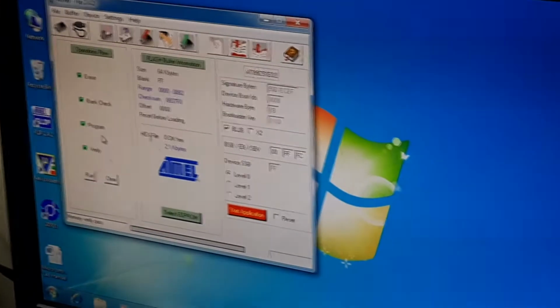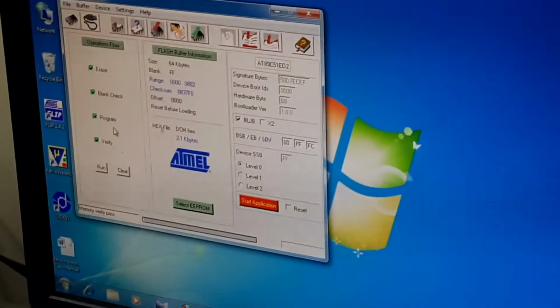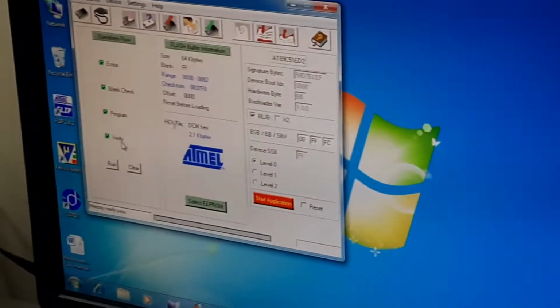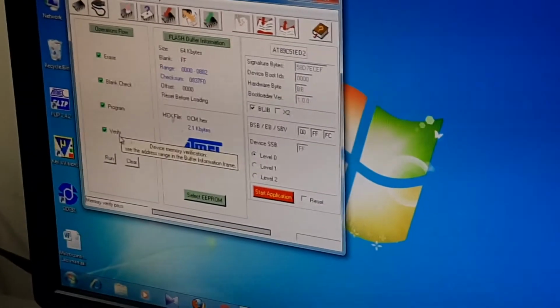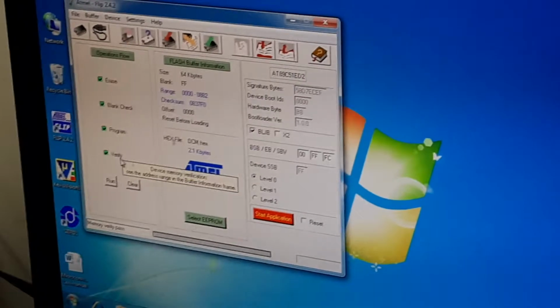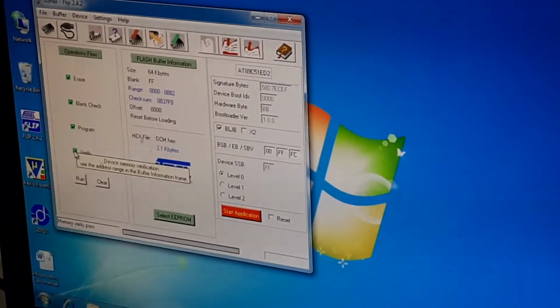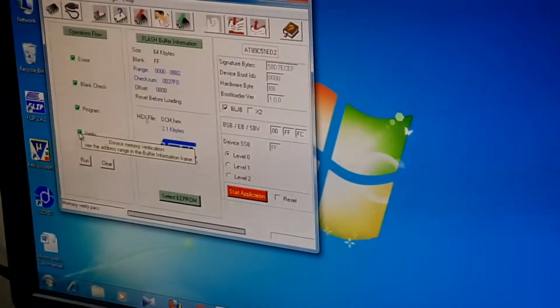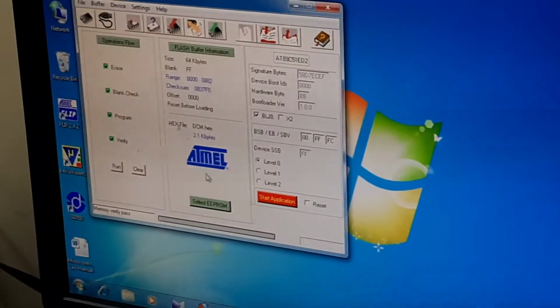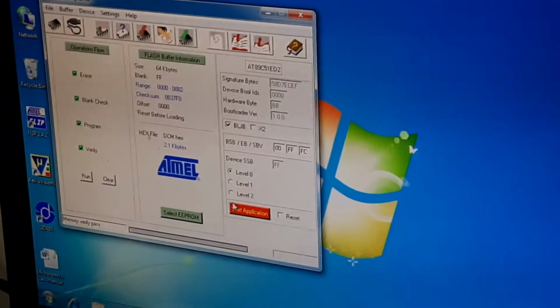Program, transfer the program from system to the processor. Verify whether all the data has been transferred or not. Okay, all these things must be done. Okay, so now my program has been downloaded into the processor. Next, I need to verify. I need to start with the execution.